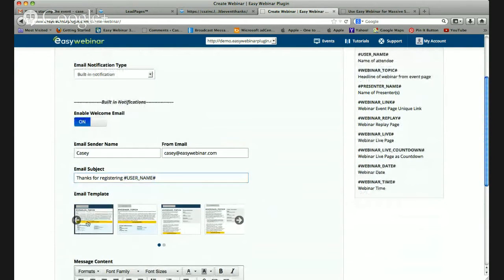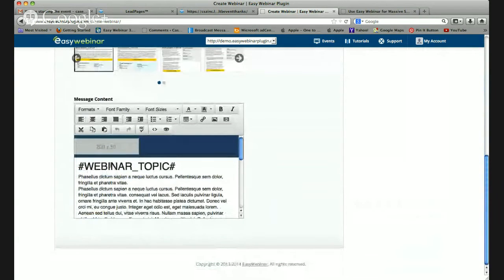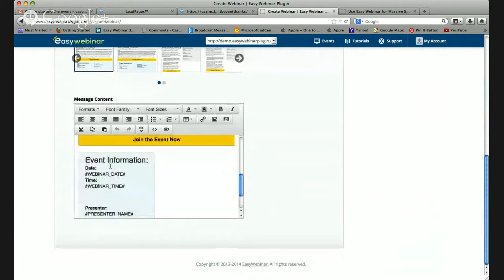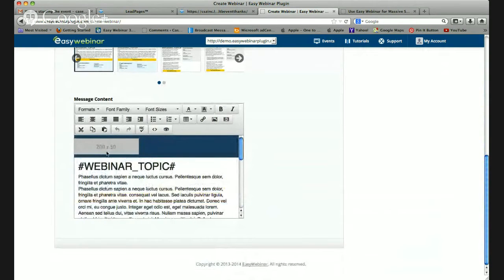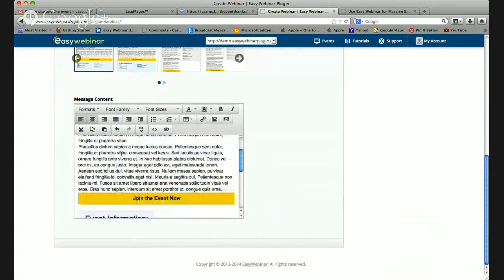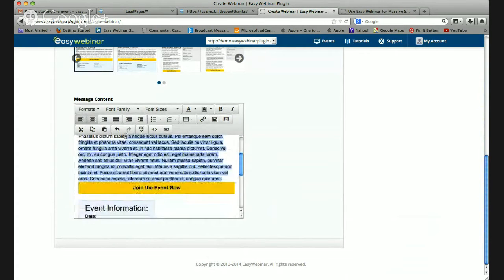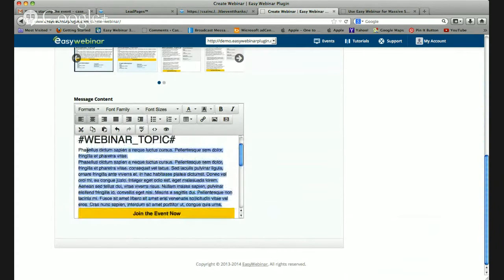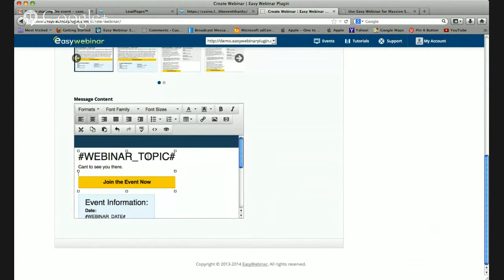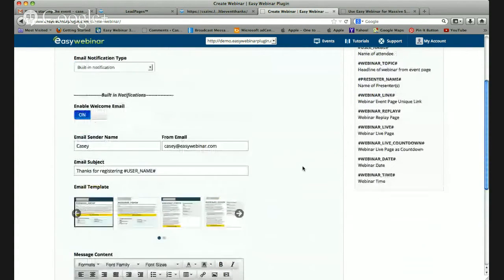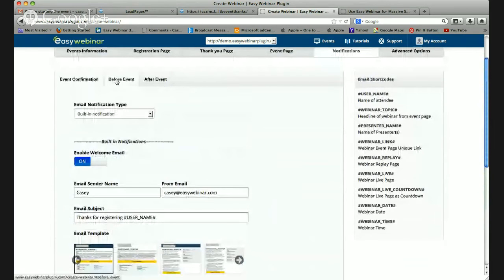Then you can use our built-in templates right here. You just click on it and it loads. Okay, it already loads the event information here, webinar link. These short links are all here. You can add in your own transparent logo right here if you wanted to, or remove that. You then take this action here, remove this, and say, can't wait to see you there. This is where you would edit it yourself, right? This is your opportunity to make a deeper connection with your audience with this first welcome email